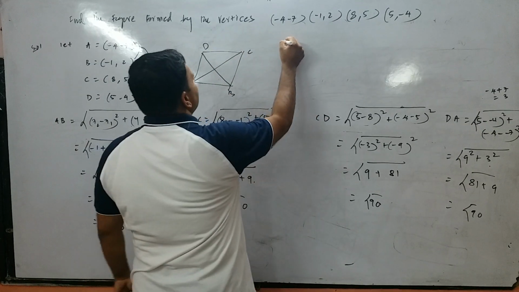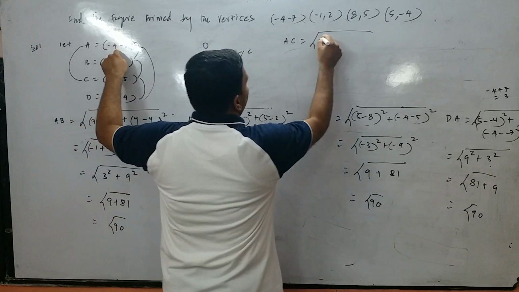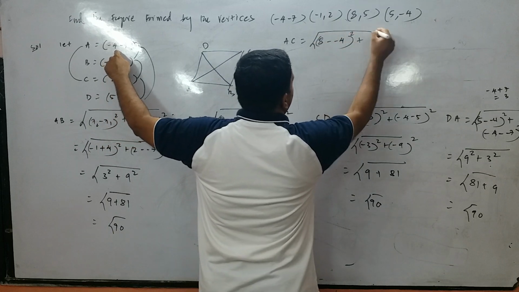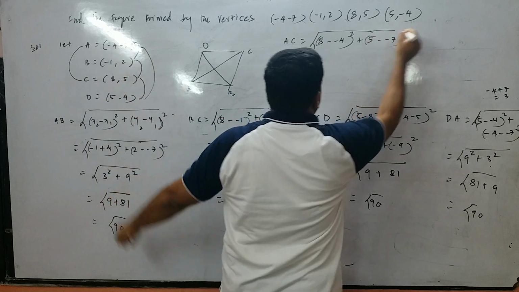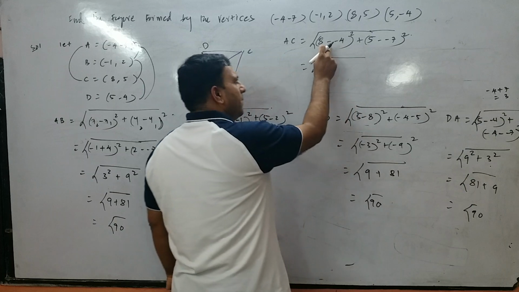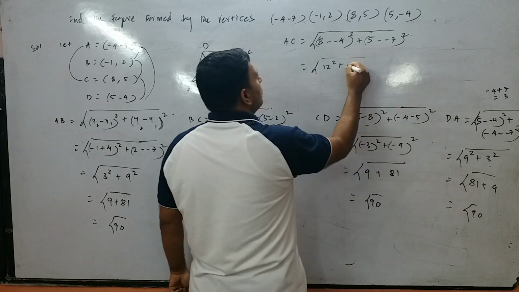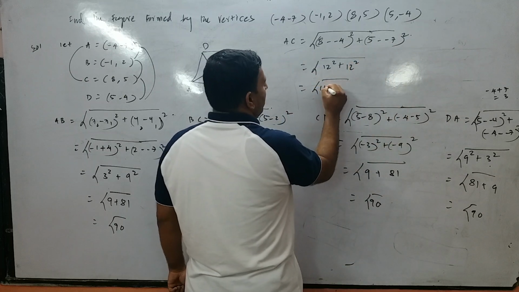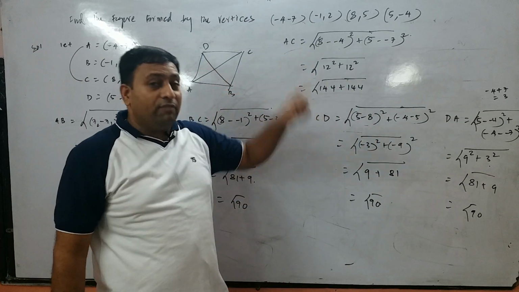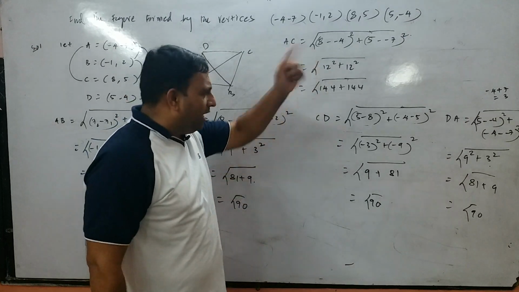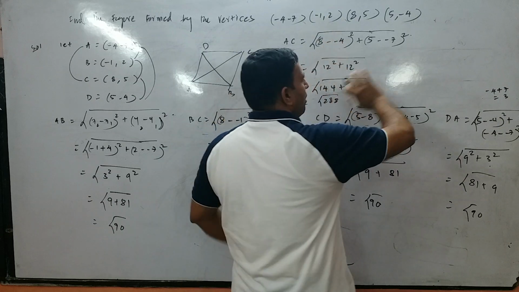So let us find distance AC. How do you find distance AC? I will have to take these two things. 8 minus 4 whole square plus 5 minus 7 whole square. Now it is under root of, what is minus plus? What is 8 plus 4? 12 whole square. Minus plus, what is 5 plus 7? 12 whole square. What is 12 square? 144. 12 square 144. Now during Corona, section 144 is applied, means curfew, you cannot go outside. Anyhow, so let us not talk about that. 144 plus 144 is what? 288. I found the length of first diagonal.